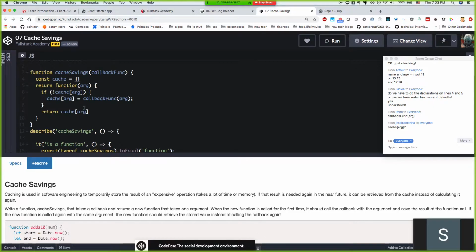So although we're saving time by not having to calculate this, if we've already done it in the past, we're sacrificing memory. We're forcing the program to store more objects in memory. So as this object gets bigger and bigger, as it grows and grows, we're basically using more and more memory,